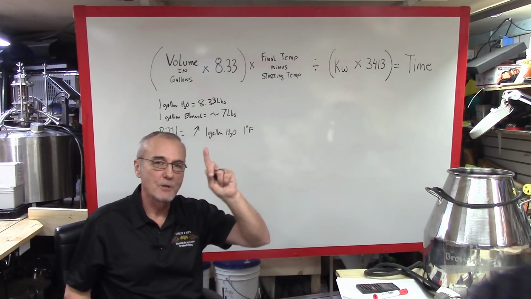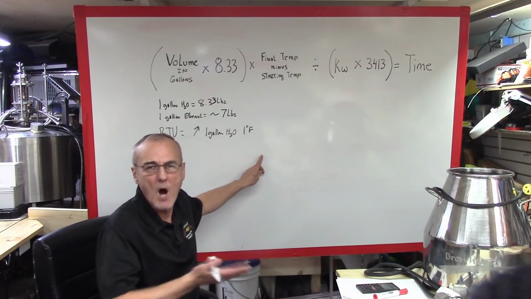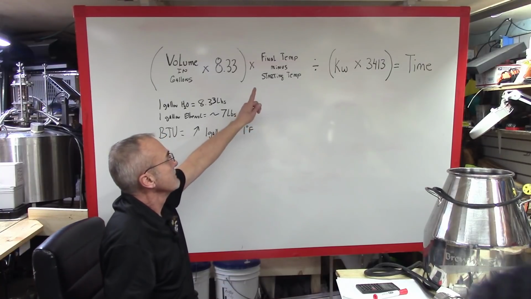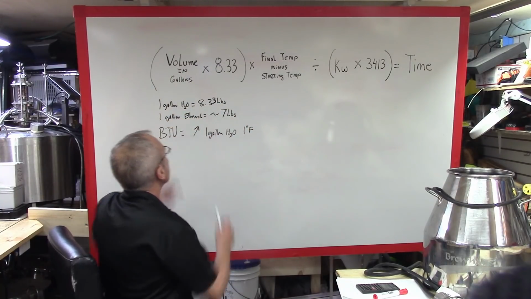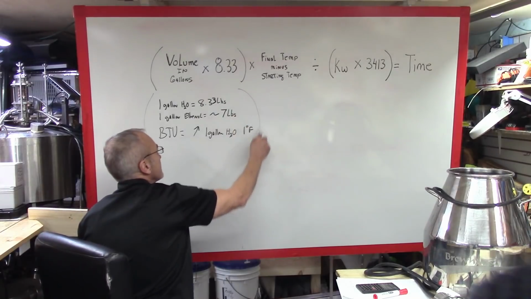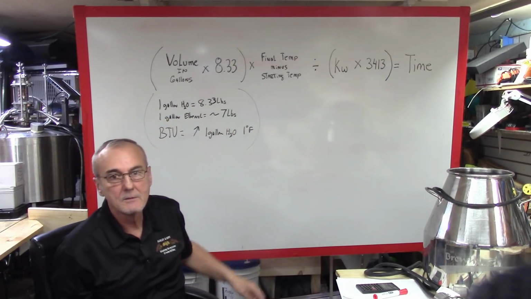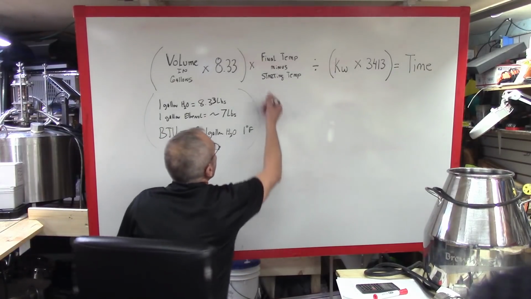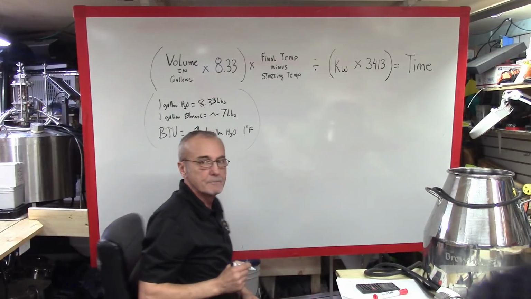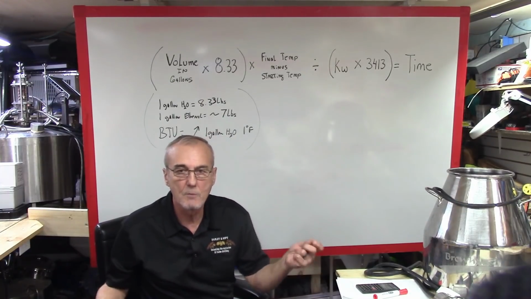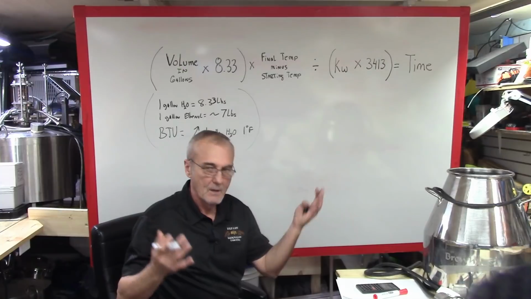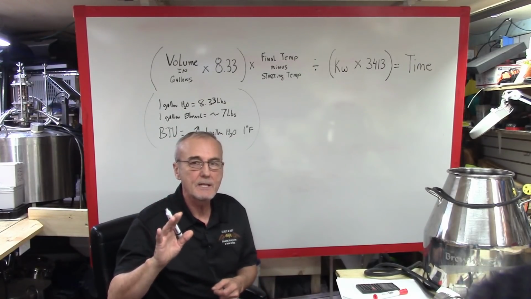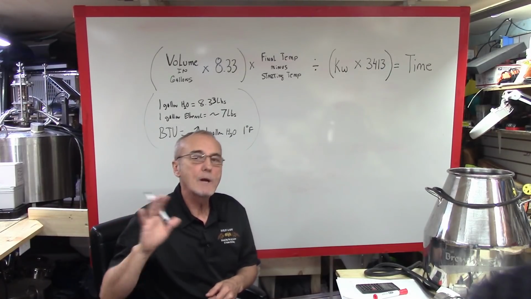We do know also, remember we went up 100 degrees in our example. Okay, we also know that, that's this part here. So that's what we're actually figuring out. We use that in pounds. And then we have the final temp minus the starting temp. Well, what is the temperature of your mash? I'm looking to get to, just as an example, 175. Somewhere in that neighborhood,